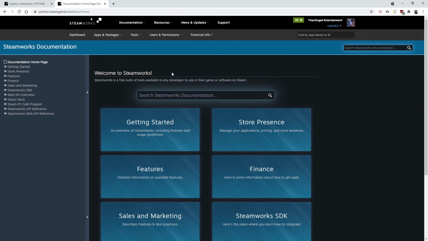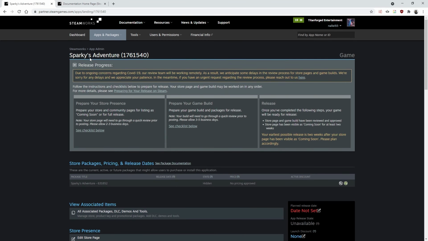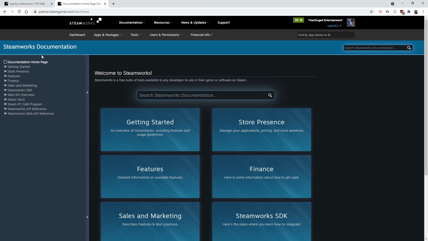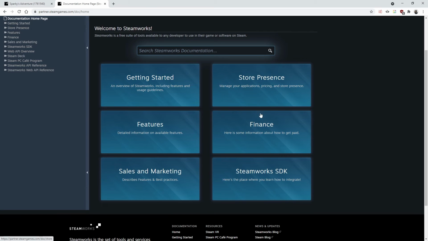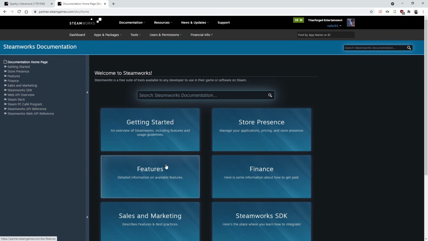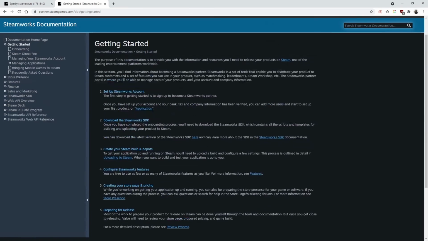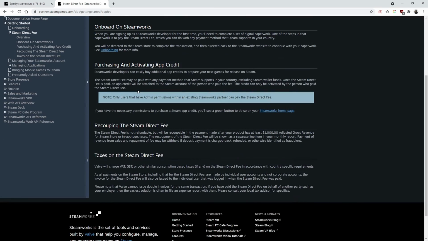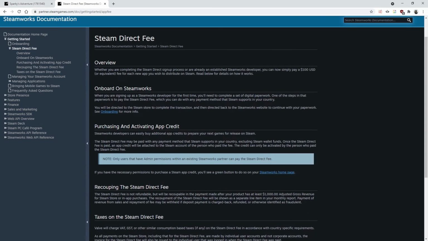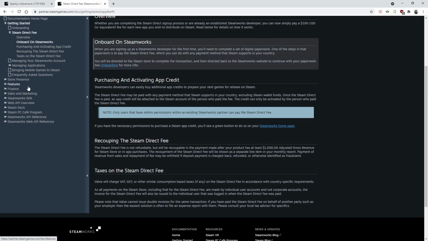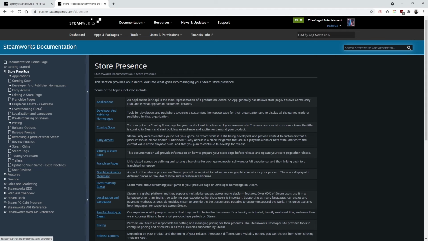So I think when you are very new to this dashboard here, it's a good idea to go to the Steamworks Documentation. And inside of here, you should take a look at all of these things, the things that you need. So getting started, I believe you should just begin reading from the beginning. This is the Steam Direct fee and how much it costs, and when you're going to make those $100 back. You can click on all of these, and they also tell you about the store presence. And here they tell you all about these